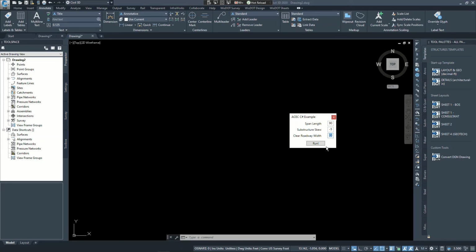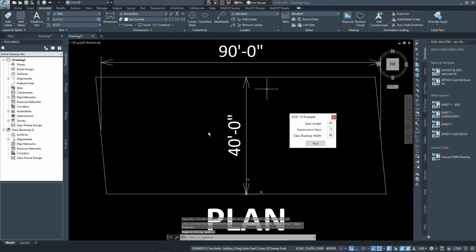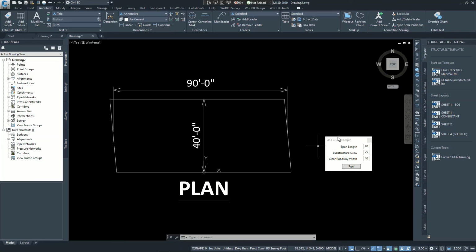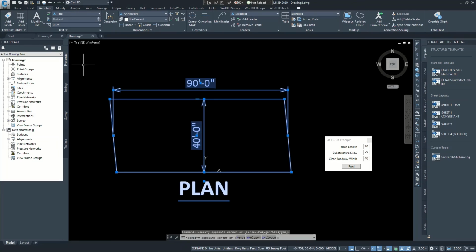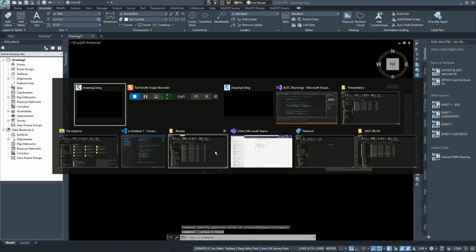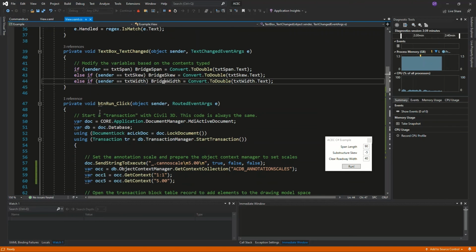And then 40. So there we go. You can see it'll draw whatever you tell it to. And then lastly, let's try complete. If you go into the code, you can click to add a debug stopper,